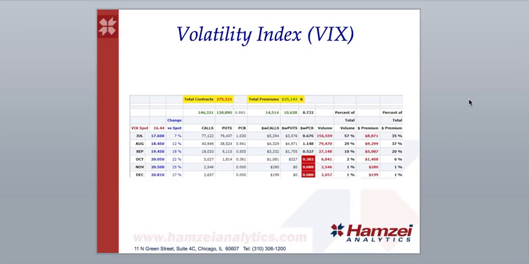For the volatility index, the dollar-weighted put-call ratio on the VIX, we have a neutral reading for July, August, and September, which were the important months because of the premium paid, with 35, 37, and 20% of the total premiums paid. Overall, we have a neutral dollar-weighted put-call ratio here today.